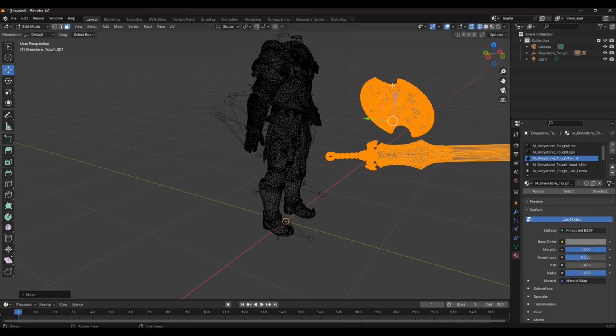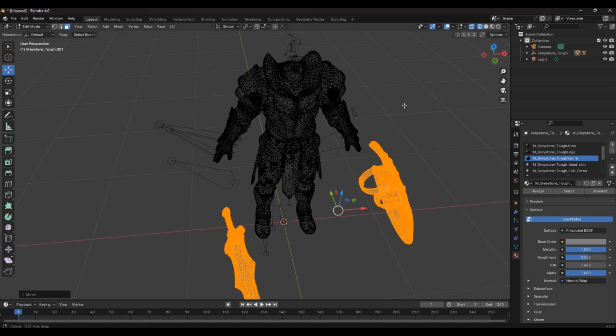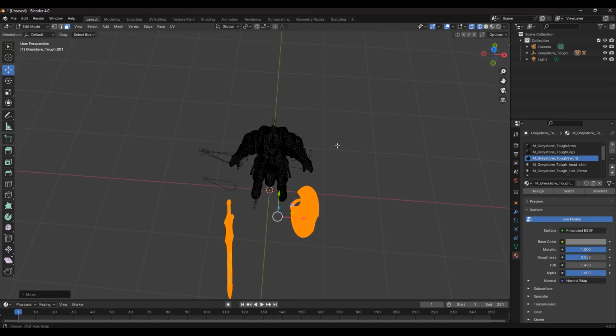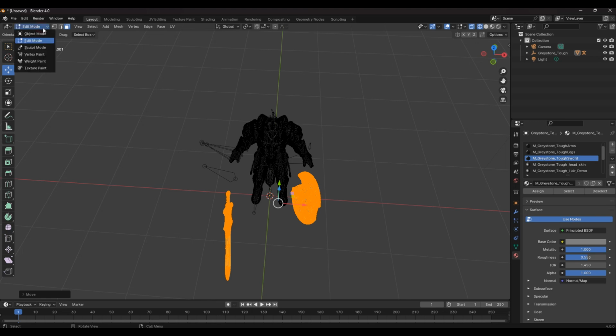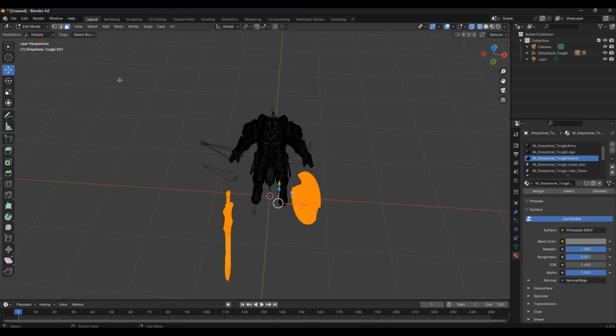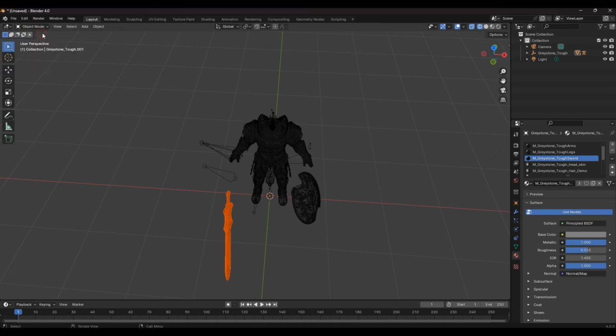Alright, so now I want to get a top view. Alright, so go back to object mode, deselect, go back to edit mode and select the weapon and press P and selection, then go back to object mode, then deselect and click the body again